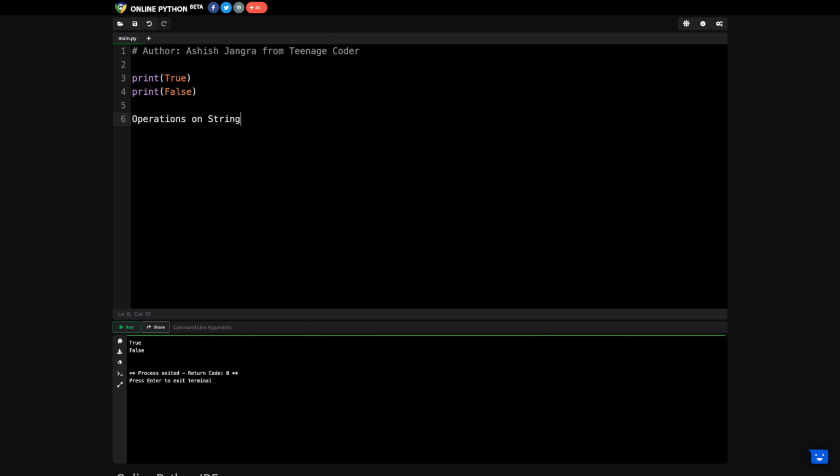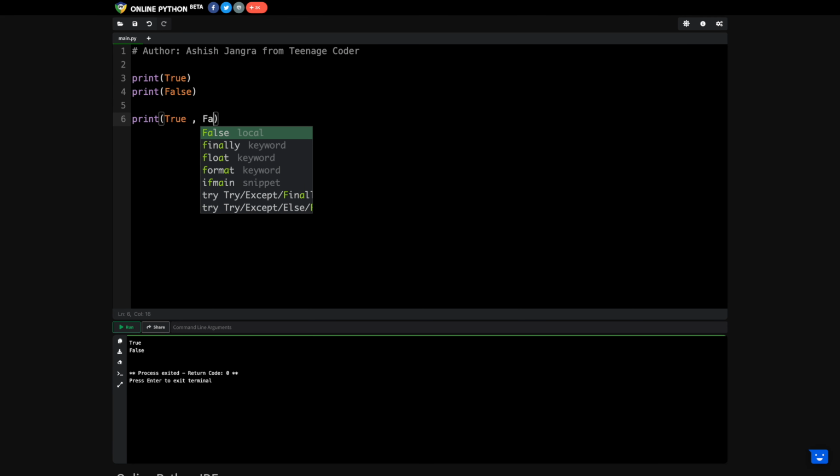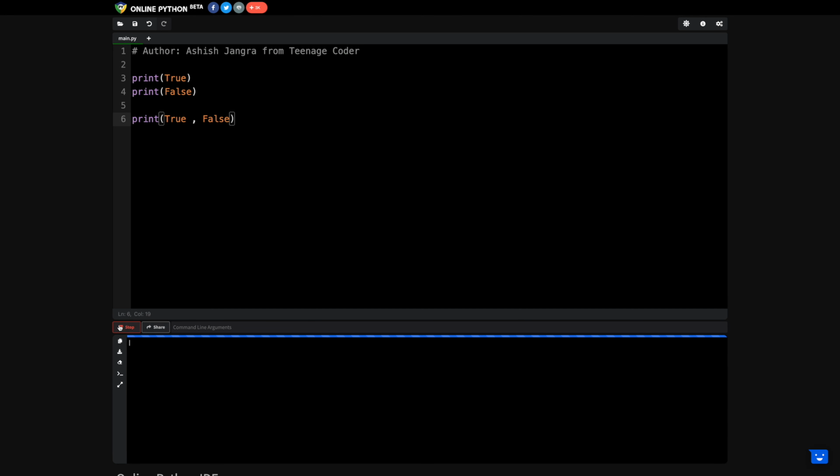Now let's perform different operations on it. Like if you write True here and comma False here, you will get True comma False. But we are having different operations like comparison operation, right? Meaning where we are comparing from the left hand side to the right hand side. If I'm using the single equals operator, this will assign the value from right to left, right?